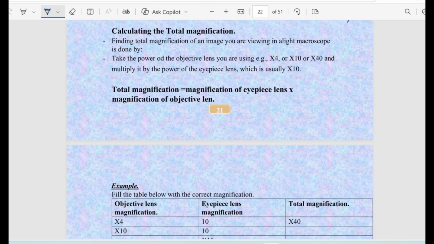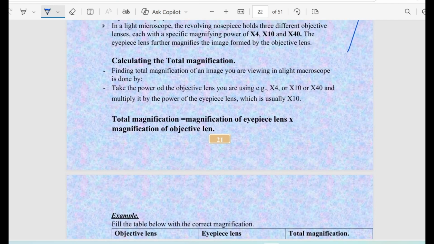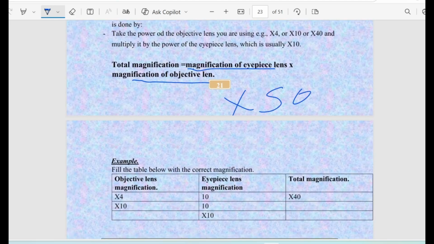Calculating the total magnification. For you to calculate the total magnification using the light microscope, just take this formula: magnification of the eyepiece lens multiplied by the magnification of the objective lens. Then what you get, you must put times. If you get times 50, write times 50. This shows that that specimen has been